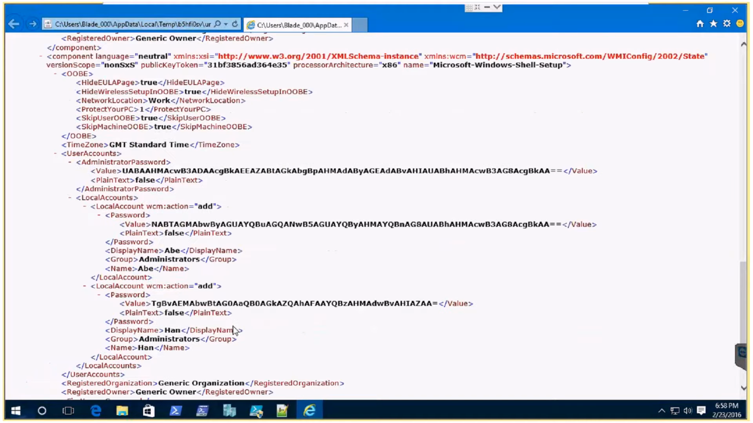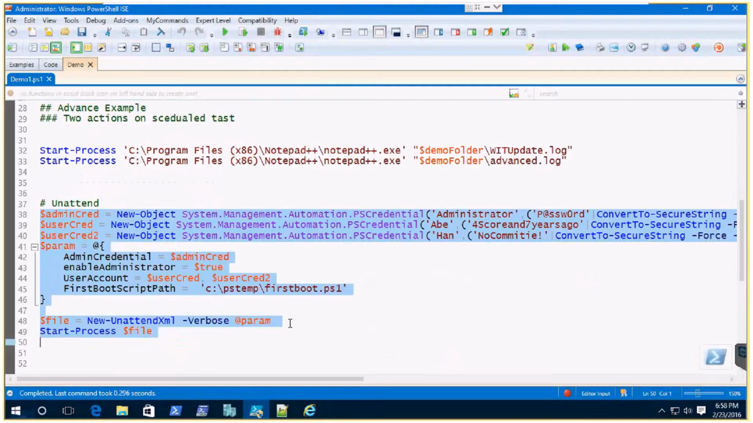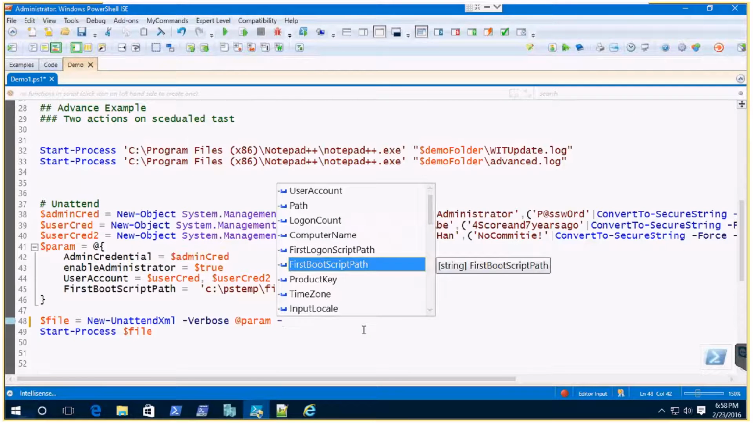The login count, if I want to actually auto log in, that is available. I can set the computer name. I can set a first login or a first boot. Now, a first boot script, that means if I'm doing an auto login, that runs as an administrator. The first boot script, that runs as system during the specialized path. A first login script will only run the first time an administrator logs in,